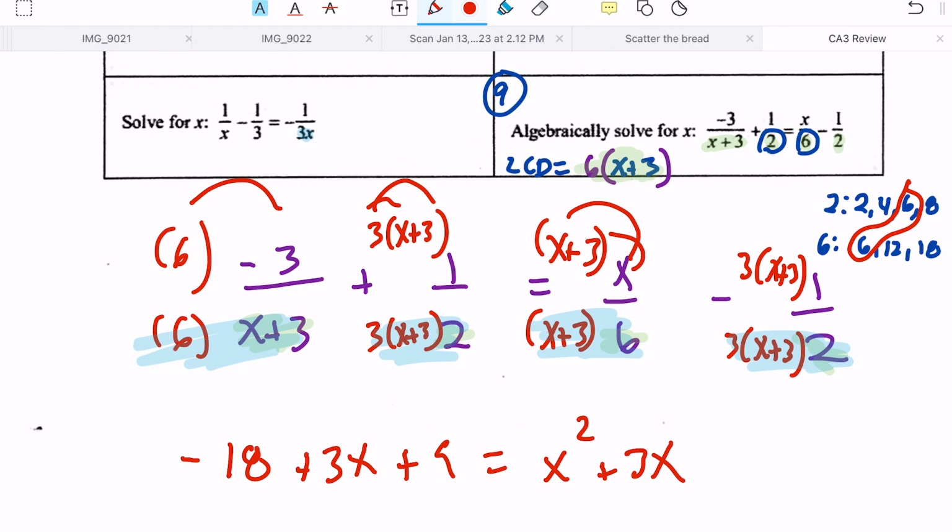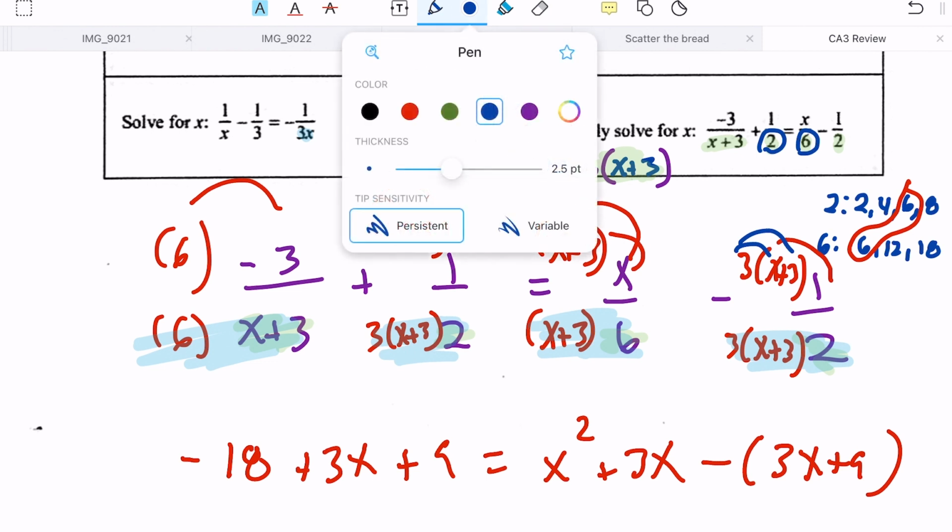Okay, and then we're going to have 1 times this, well, that's going to be itself. So that's going to be minus 3x plus 9. Right, we would do 3 times x is 3x, 3 times 3 is 9. So now, this is going to be,